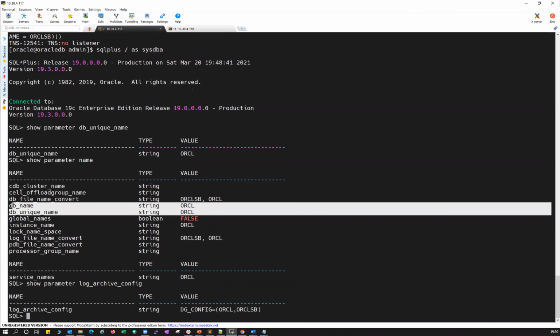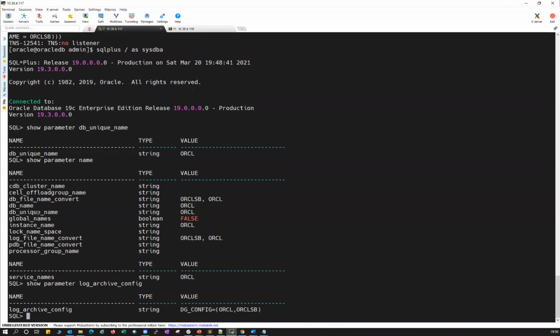And the difference is, the unique name is individual to that particular database, and DB name is going to be the same between your production database and your standby database, because you are shipping the same archive logs and the same data files from the production database to the standby database.